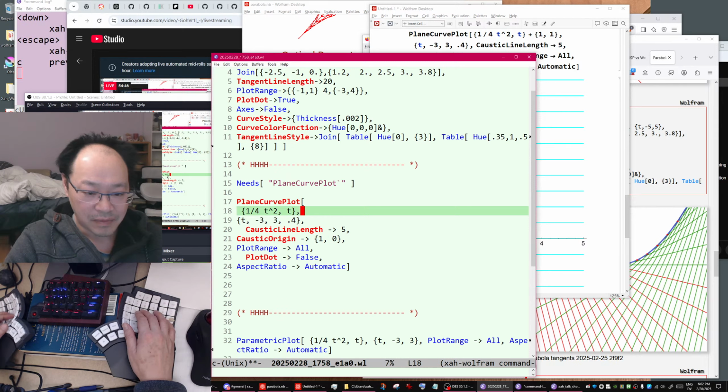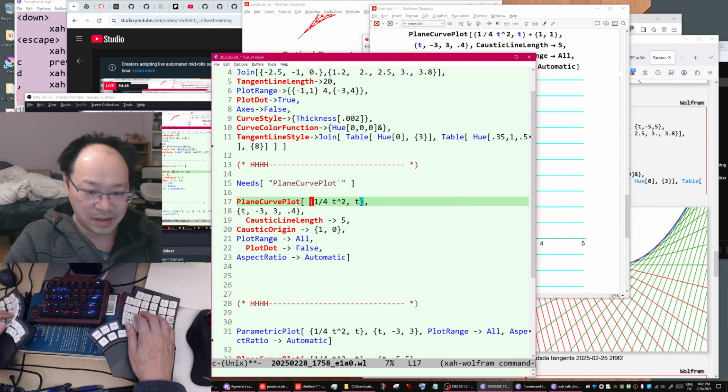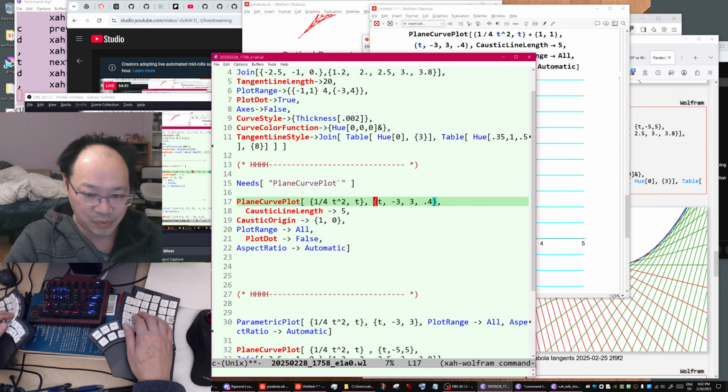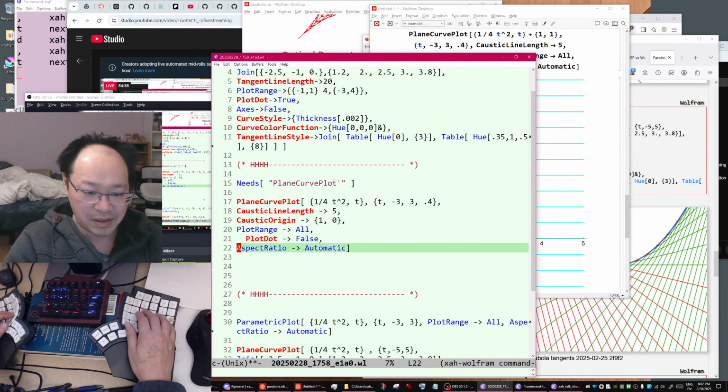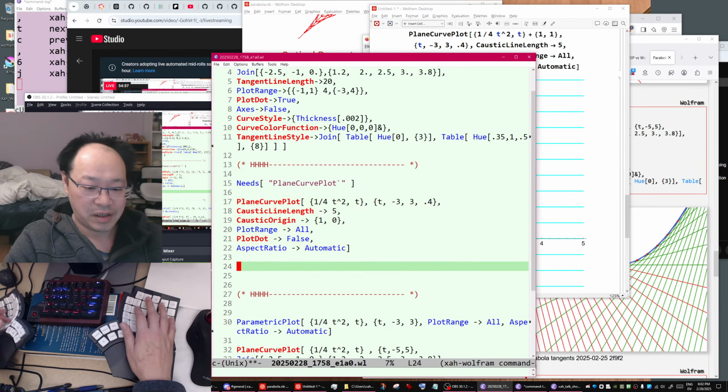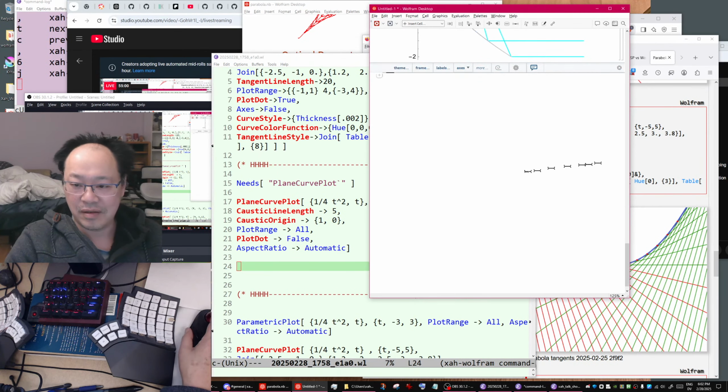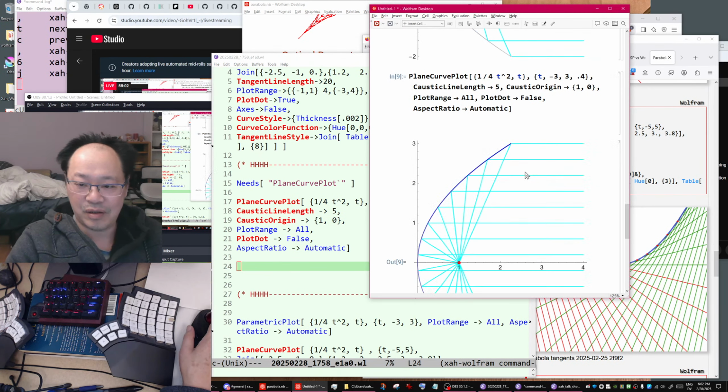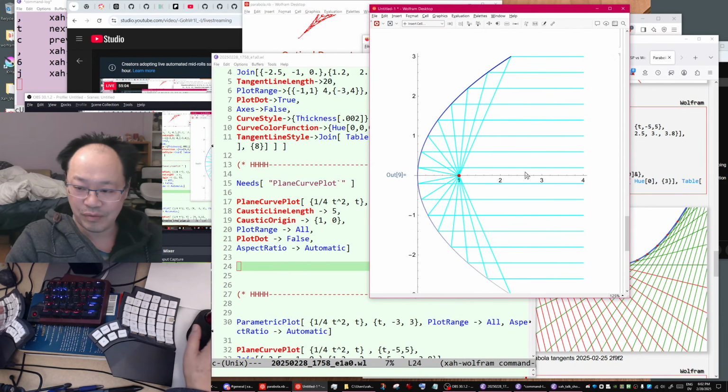Okay, so plot this curve with this range, and the rest are options. This is Wolfram language. Copy that, do it. Beautiful, wouldn't you say? So we successfully did it.